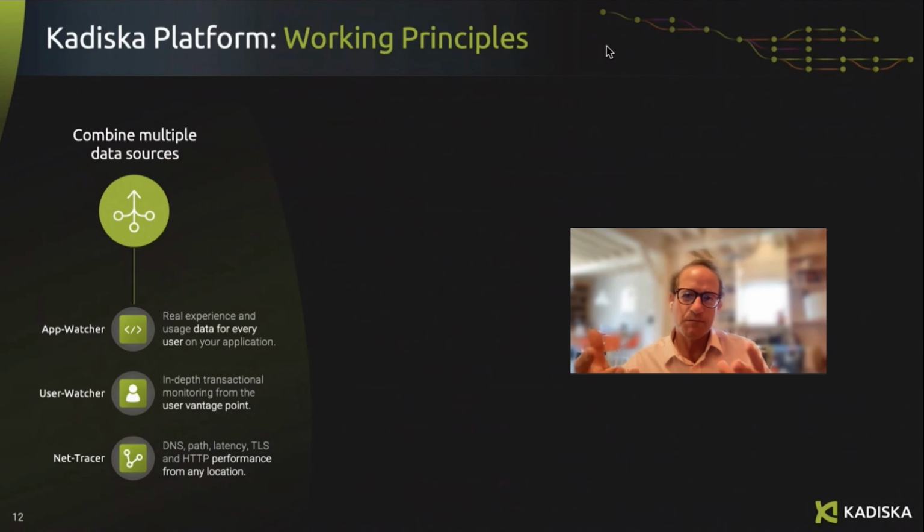We simply use the data that corresponds to what you would use with Chrome DevTools or Firebug, and get a microscopic view of every interaction between the browser and the applications you want to monitor, especially the SaaS application. So that's User Watcher. It gives us a picture of who's doing what with the SaaS application, where they're located, what connectivity they have, what transactions are fast, and what transactions are slow,